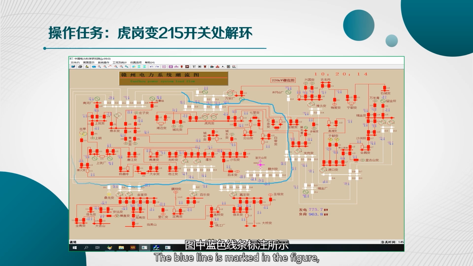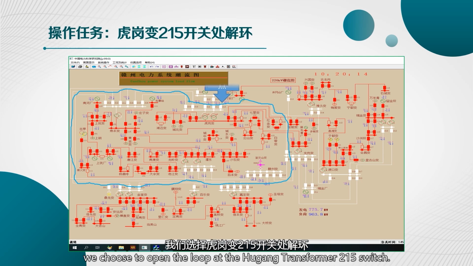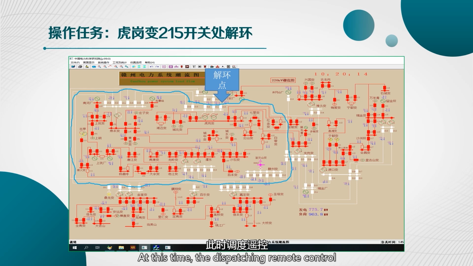The blue line is marked in the figure, and the white lines are connected to form a closed loop, which is the 220 kV ring network. Please find a 110 kV ring network. Next, let's briefly learn the operation of opening the loop. According to the power flow analysis, to ensure the normal operation of the system after opening the loop, we choose to open the loop at the Baoqing transformer 215 switch. At this time, the dispatching remote control will disconnect the 215 switch,